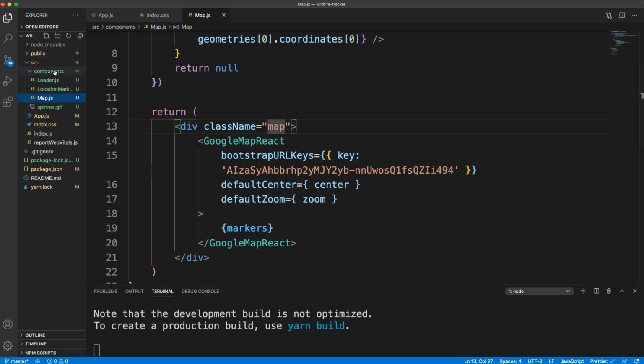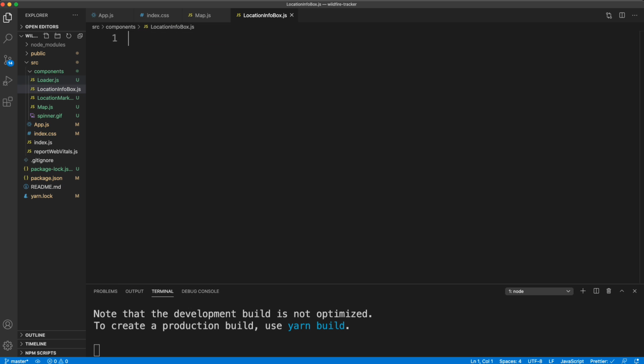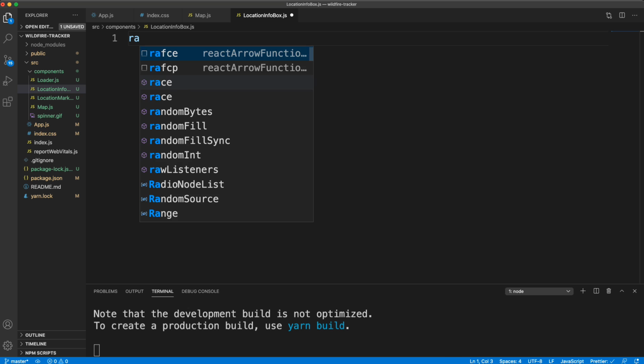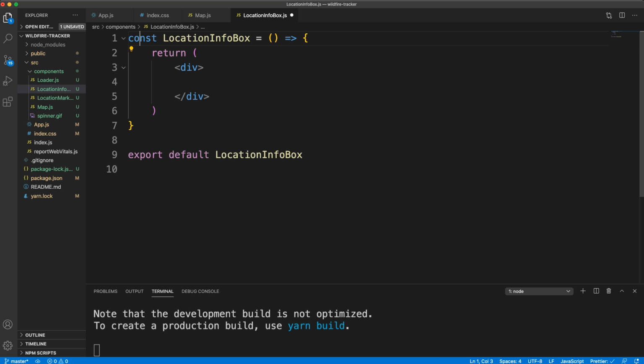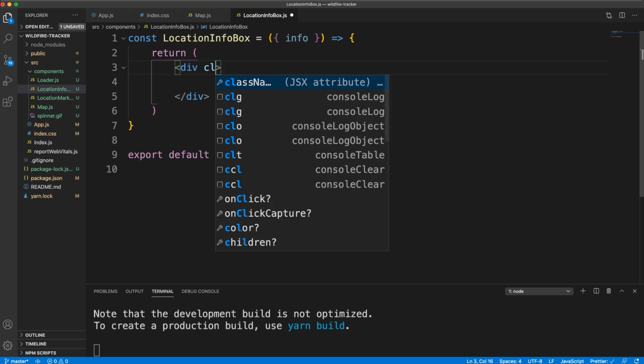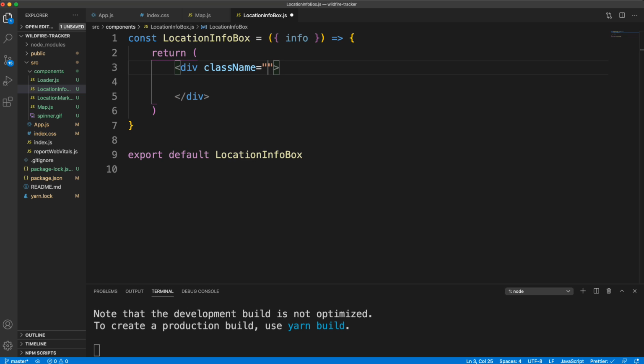Let's first create the component. So I'm going to have a new file here in components. We're going to call this location info box.js, and we'll go ahead and generate a new component here. And for the location info box, we don't need to bring anything in here. It's going to take in an object with some info, which is going to be the ID and the title. And then let's give this div a class name. We'll set that to